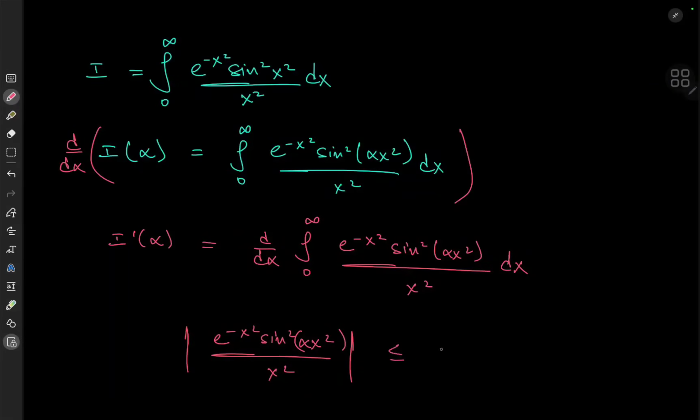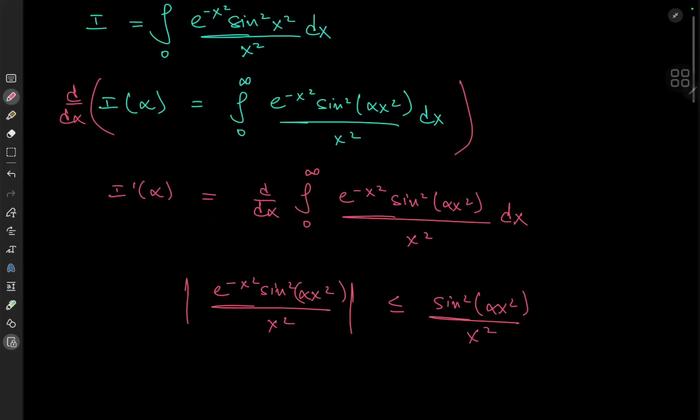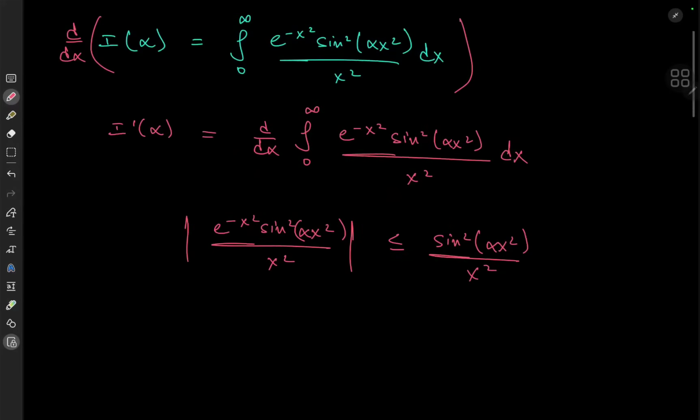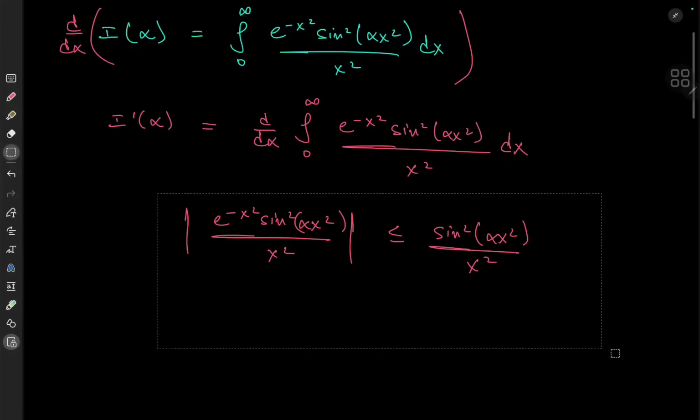So this thing is less than or equal to sine squared of alpha x squared over x squared. And from our knowledge of Dirichlet functions, and in this case Dirichlet type functions, we know that the integral from 0 to infinity of the right-hand side will converge. Hence, our integrand is absolutely convergent on the interval from 0 to infinity, and we can indeed switch up the